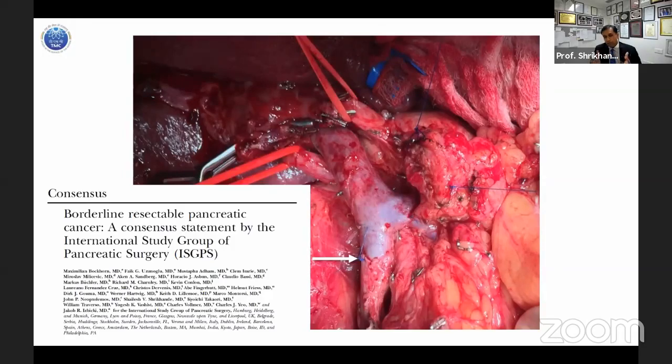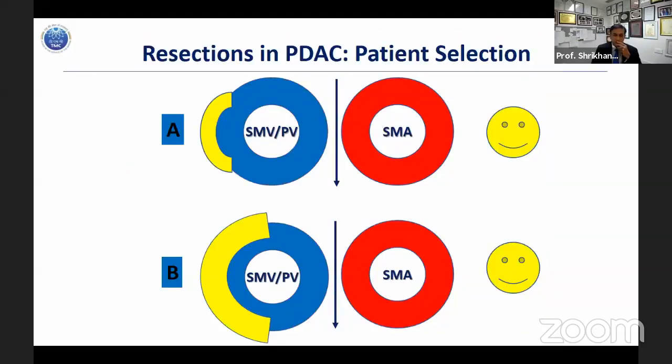So something which 12 years ago would look like an intimidating operation is today routine, because with neoadjuvant treatment, we are clearly treating more cases than ever before of borderline resectable pancreas cancer. But it's not only about surgery. Here you see a tumor involving the vein, partly. I do an SMA first and I'm a happy surgeon because I get a complete resection. I get a bigger tumor and I'm still a happy surgeon. I still get a free margin and I get a complete resection.